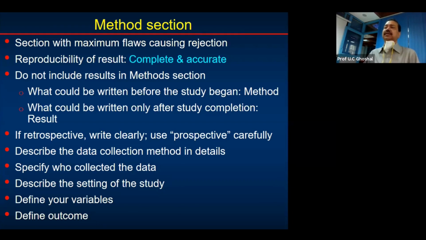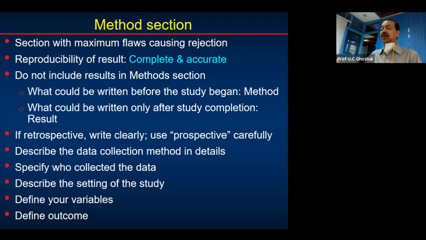Specify who collected the data. That is also important. Describe the setting of the study. Define your variable. Like in some, we even like to say simple clinical variables to be described. Let us say we say death due to liver disease was defined as so and so. Death not related to liver disease was defined as so and so. Post-operative complication, you may say, the immediate post-operative complication was defined as any complication that occurred within 7 days after the surgical operation. So that is defining the